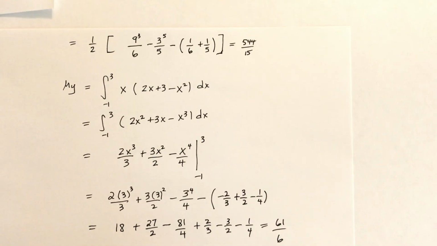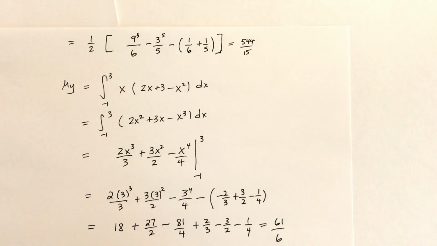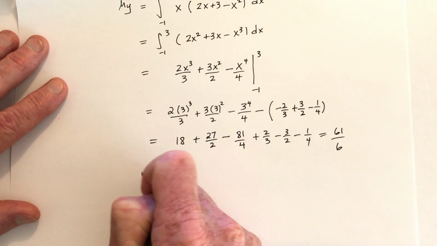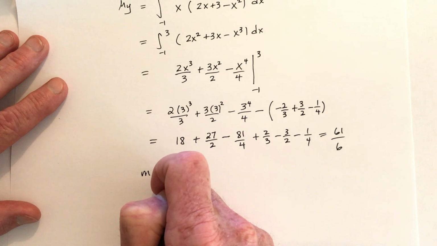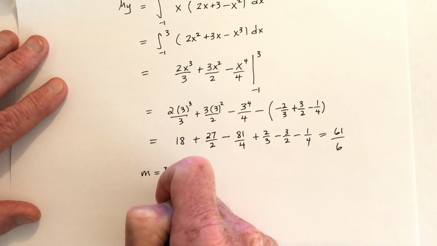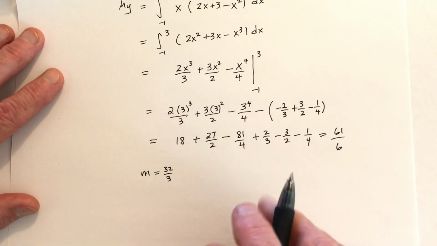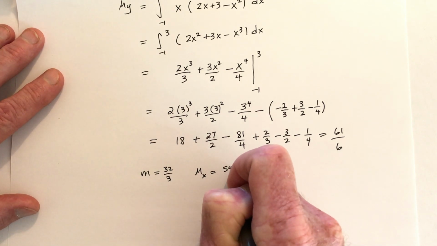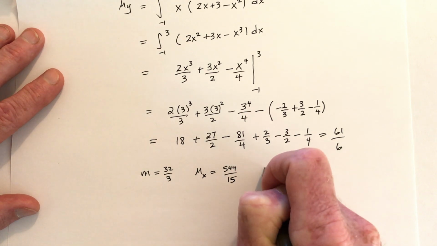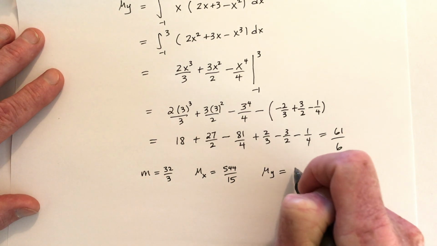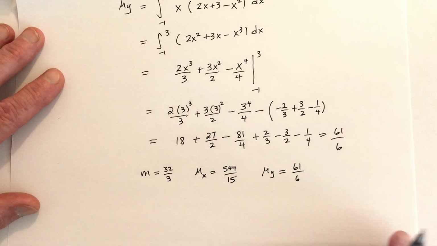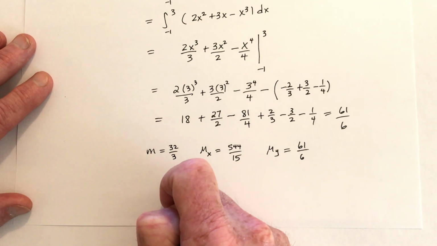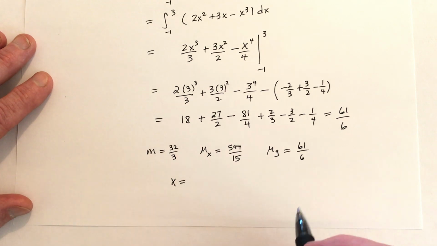Okay, so remember that for the m, we got 32 over 3. And for the moment about the x-axis, we got 544 over 15. And for the moment about the y-axis, we got 61 over 6. And finally, we can find the center of mass. So the x is going to be